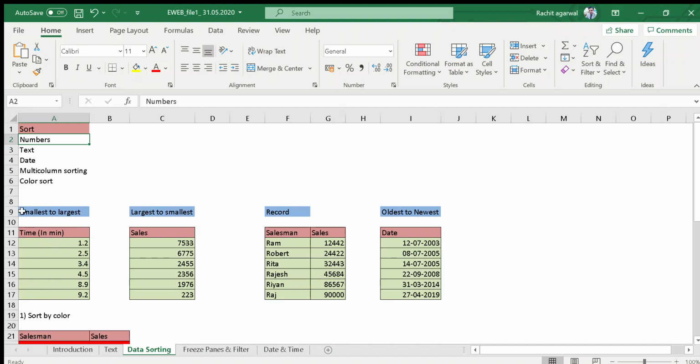Here it is smallest to largest. If I use the formula and if I want to change it, just hold on for a second. All right. Now if I want the data in largest to smallest sequence, this is in smallest to largest, but I want largest to smallest. So what I need to do here, I will go to the